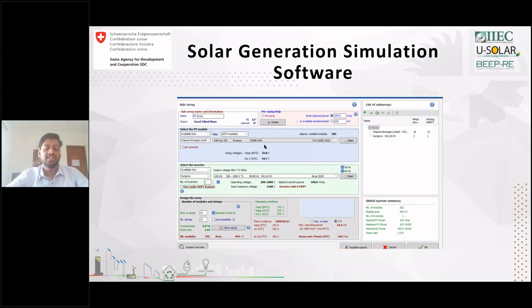So next we are moving ahead with defining the system. With the PVSS, we basically integrate. Here we designate the capacity of the system. We mention the